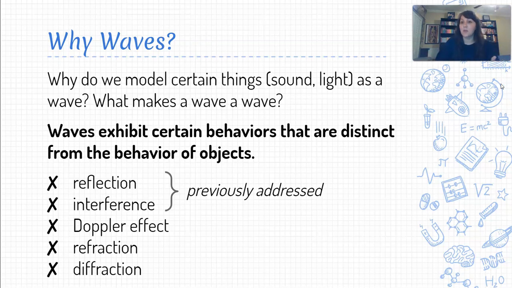So we've already talked about a couple of these wave-unique behaviors. We've talked about reflection. We've talked about interference, that ability of waves to occupy the same space and either add or subtract from each other. And then from reflection and interference, we can get standing waves that seem to oscillate in place. And we talked a bit about resonance as well. And all of those are going to be really important as we consider how to design and construct our musical